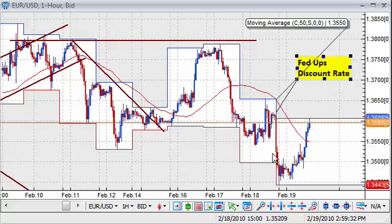However, the momentum is with the greenback as the middle of the week saw very positive U.S. industrial production data and housing data, and that was followed by the Fed's move to increase the discount rate. So we may now be retesting the 1.36 level as resistance after it had acted as support in the